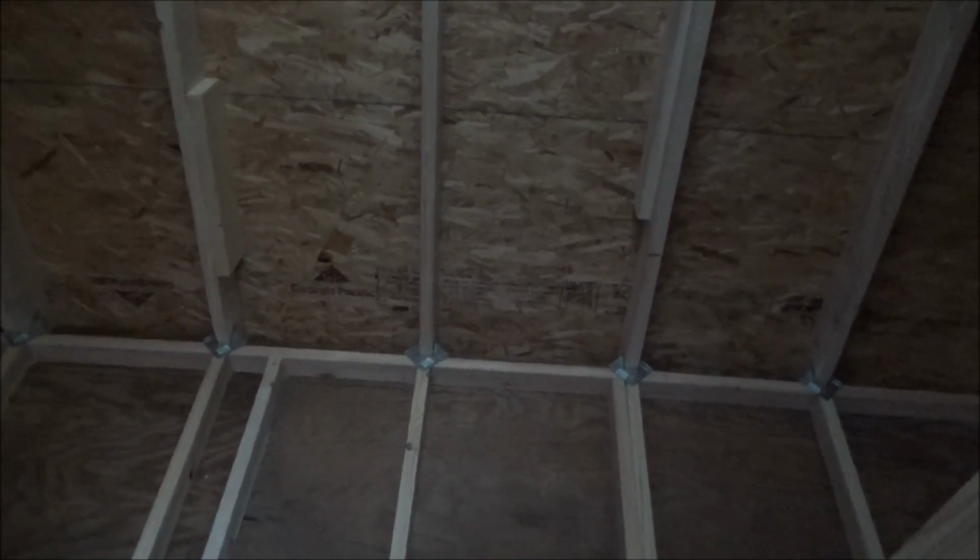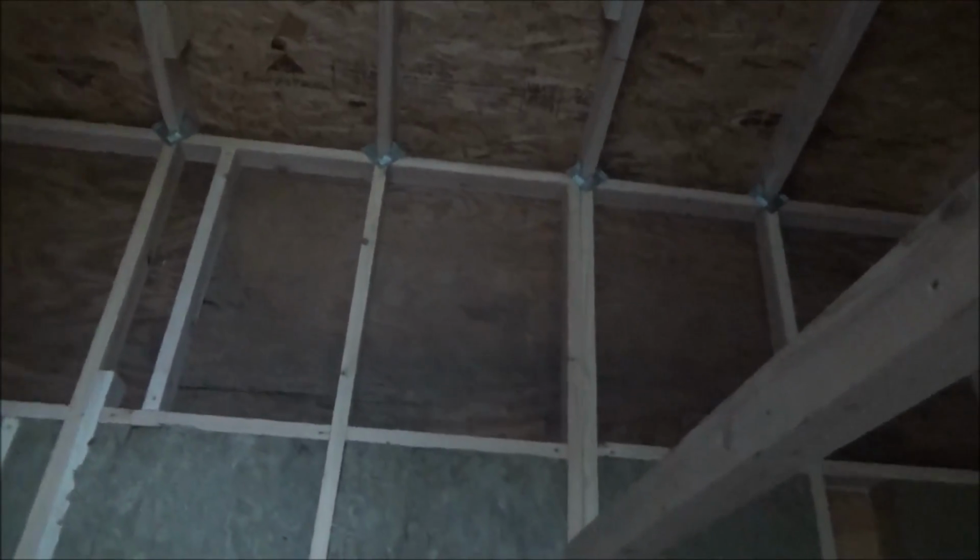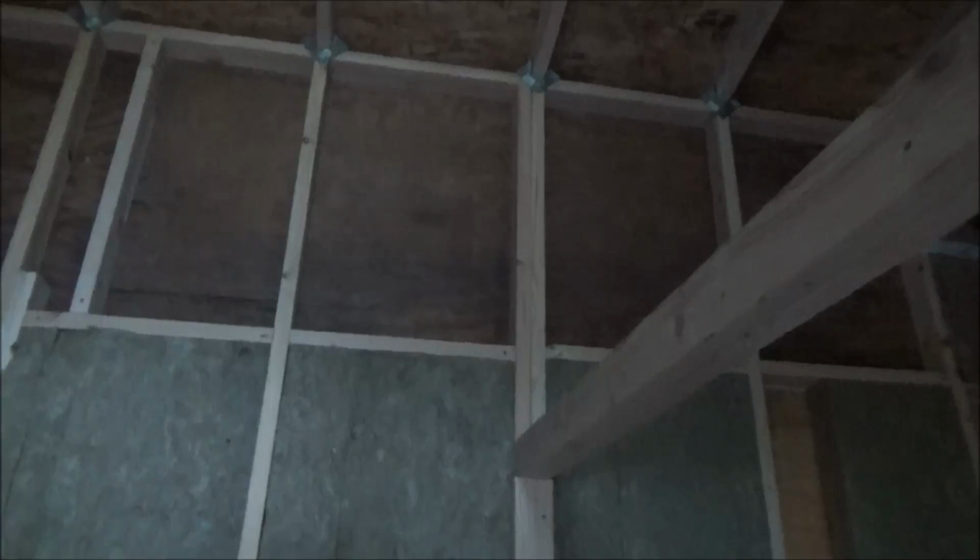I'd have to get the flashing and all this stuff to seal it up, but I guess I'm leaning more and more towards it the more I think about it. It's hard to see with the radiant foil in a way, but the wheel well comes up to this double beam here, and I'm thinking about extending that out a few more inches, maybe even 2 feet, and putting the wood stove there, because then the pipe would come over and then go up, and the pipe itself would then run